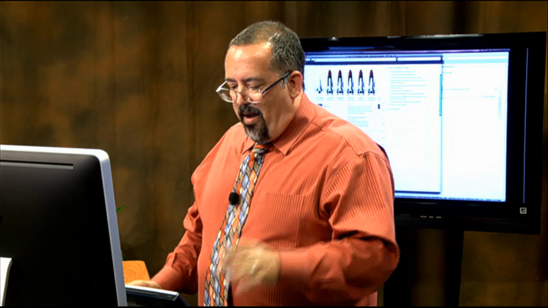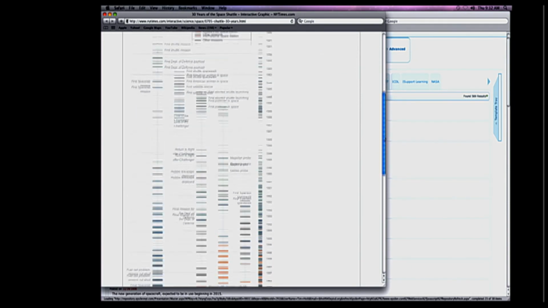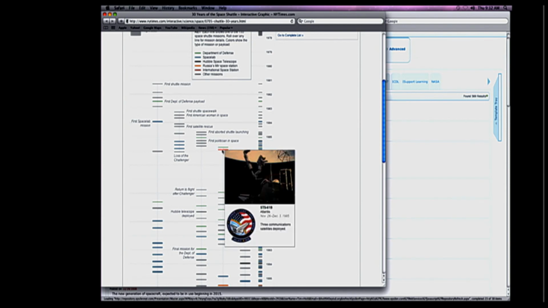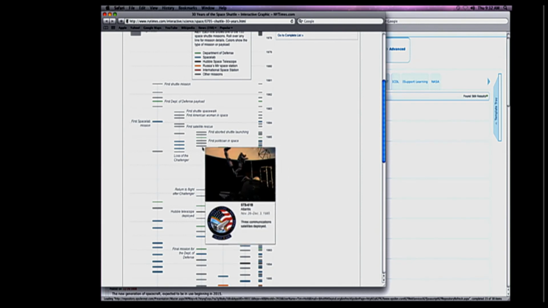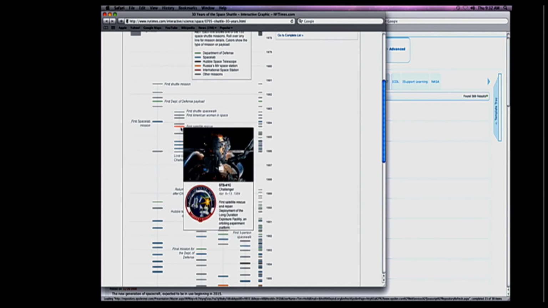And so this is a history of every single shuttle launch that ever happened. And so you think to yourself, oh, that's kind of boring. Yeah, okay, there's lots of shuttle launches. Yeah, it goes through. But it's interactive. So they told me there's something interactive about this. So I'm going to click on one of these little things. Whoa, look at that. Every single one of these lines has information about each individual shuttle mission.